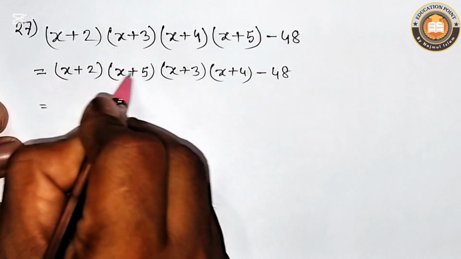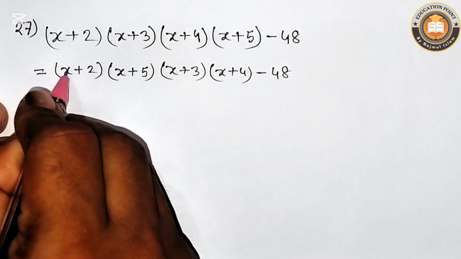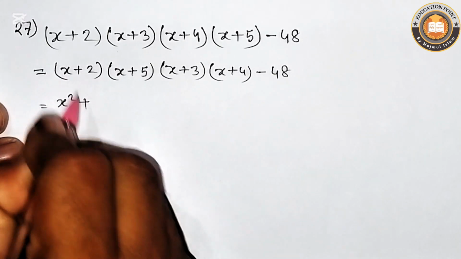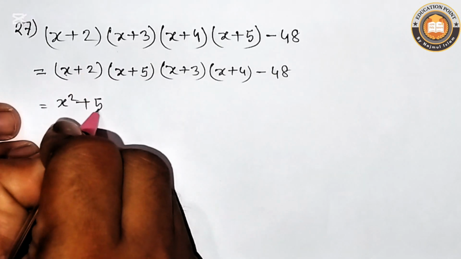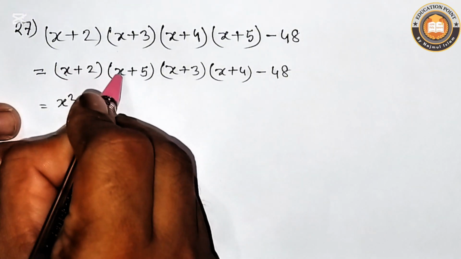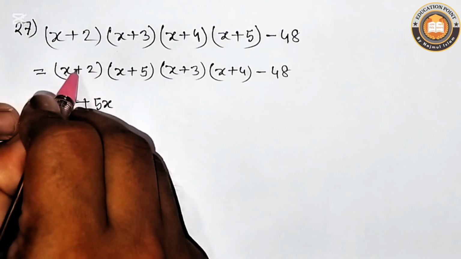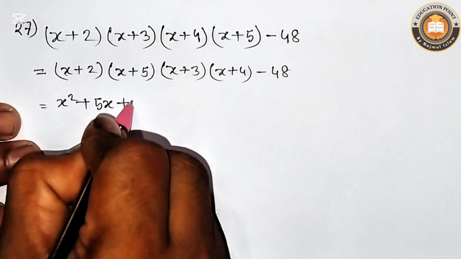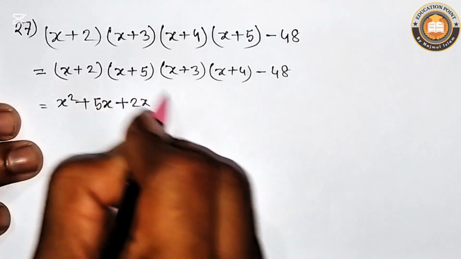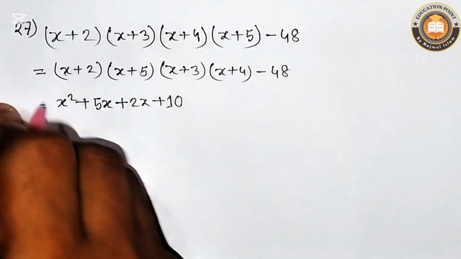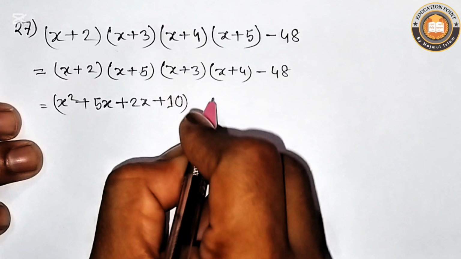At first x multiply with x plus 5: x multiply with x, that means x square, plus x multiply with 5, that means 5x. Then plus 2 multiply with x plus 5: plus 2 multiply with x, that means plus 2x, plus multiply plus equals plus, 5 times 2 is 10, into